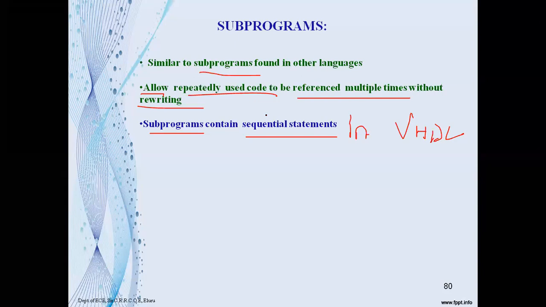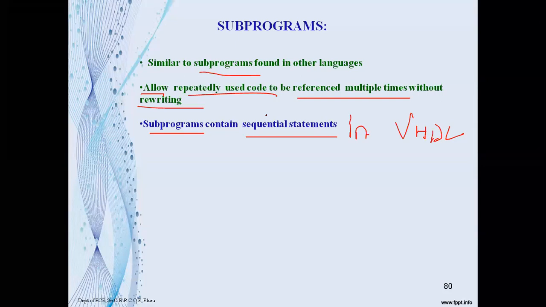What is the difference between concurrent assignment statements and sequential assignment statements? Concurrent assignment statements are executed instantaneously and simultaneously. If you have three concurrent statements, all three are executed simultaneously. Whereas sequential statements have an order.